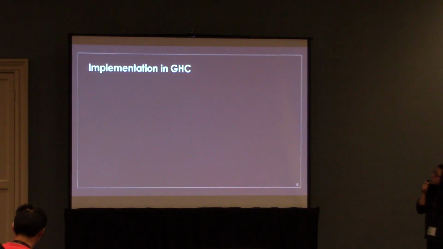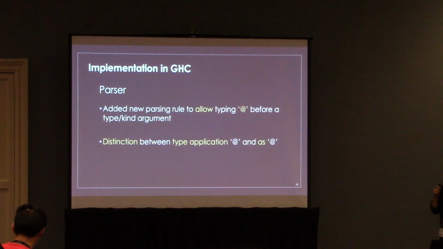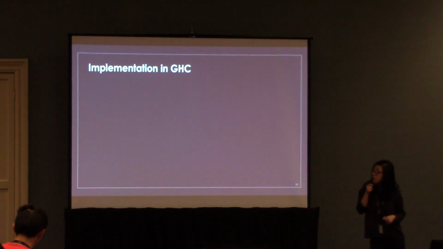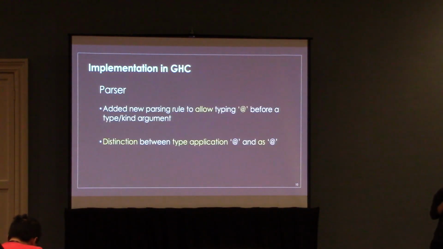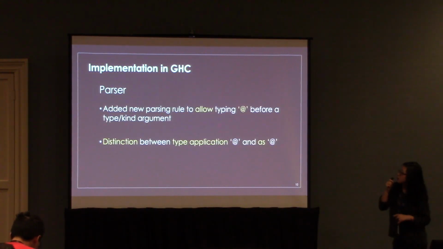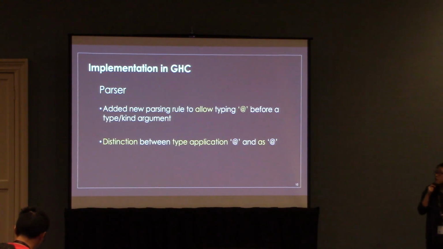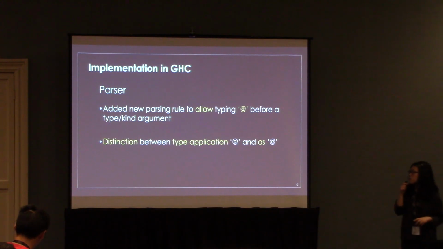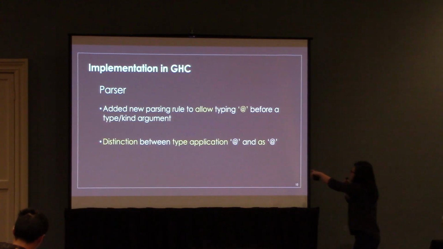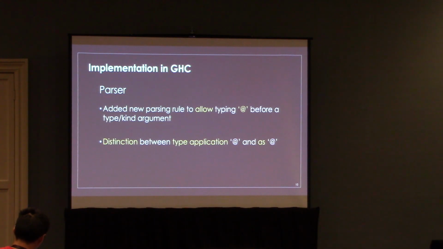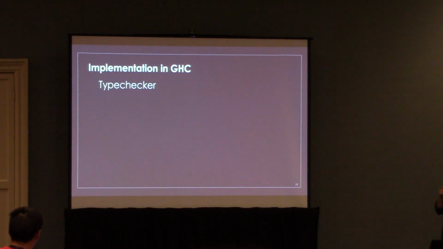So this is how I implemented it in GHC. My work was mostly with the parser, renamer, and type checker. And this is what I did in the parser. Basically, I added a new parsing rule to allow the typing of @ before a type or kind argument. And there's actually a pretty subtle distinction between the @ of type application and the @ as in if you want to give something a name. I implemented that, and then in the renamer, it just processes like a normal thing, so there's not much to talk about. But in the type checker,